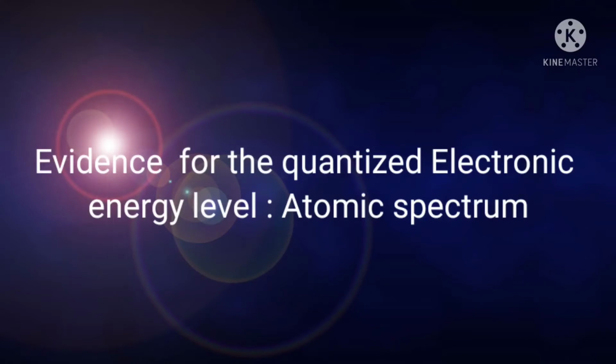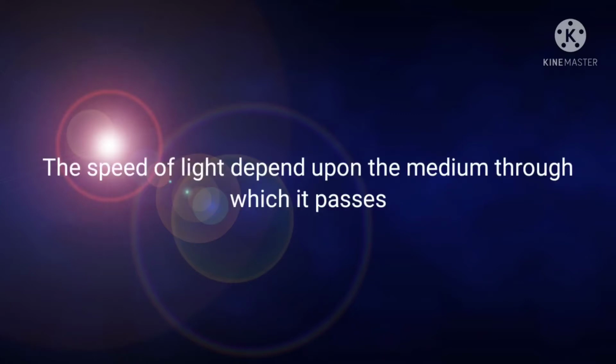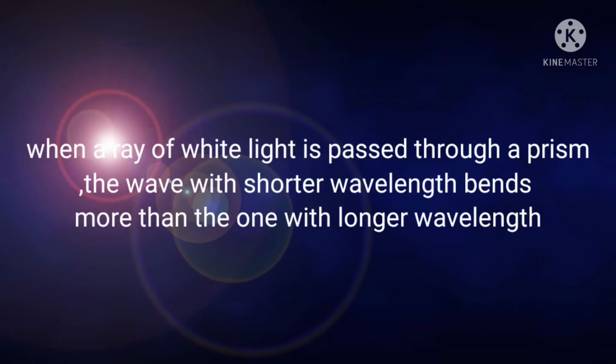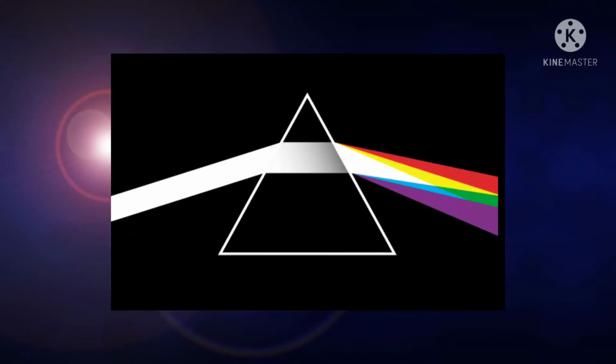The next topic is evidence for the quantized electronic energy levels, atomic spectra. What is a spectrum? Let us first understand what a spectrum is. The speed of light depends upon the nature of the medium through which it passes. As a result, a beam of light is deviated or refracted from its original path as it passes from one medium to another. It is observed that when a ray of white light is passed through a prism,